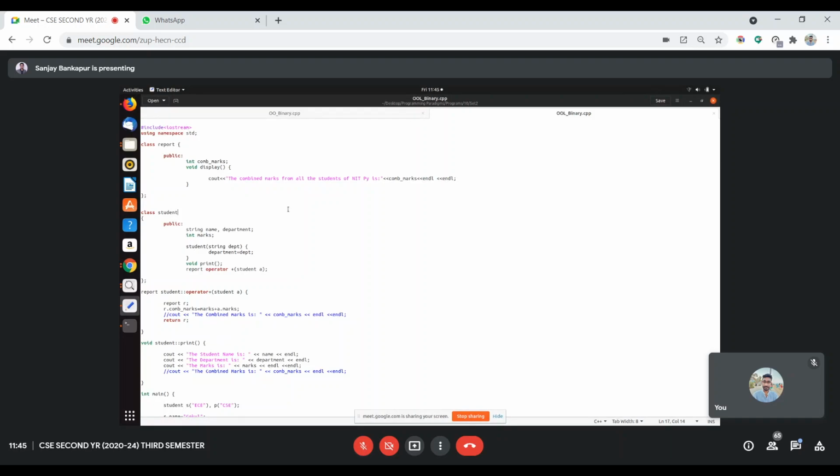Definitely I will upload these codes in Classroom. Try to do it for at least three. If three is done, then four, five is just the same concept, a nested concept. So go for three students and try to add them and make a similar report. Just an easy amendment.